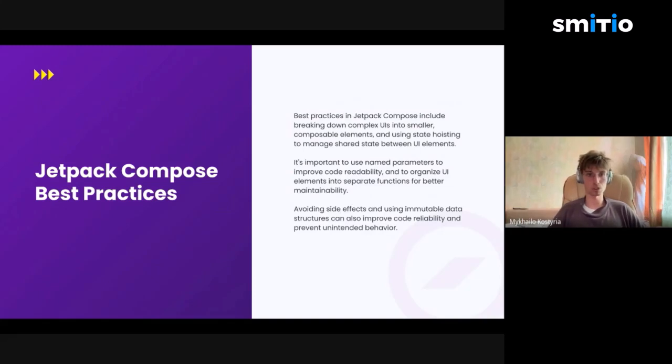Depending on the way you structure your composables, you are going to either have an insanely performant UI, or a UI that might get some freezes depending on how you've handled the mutable states and all of the computations